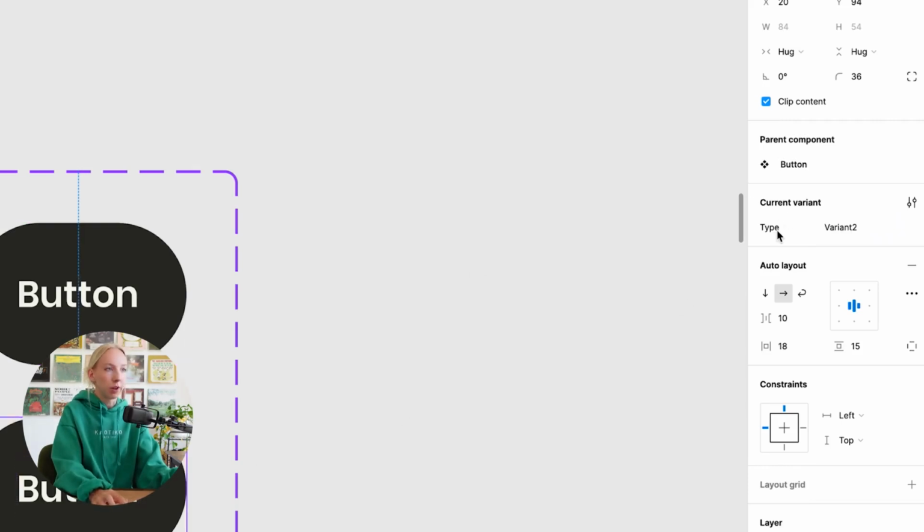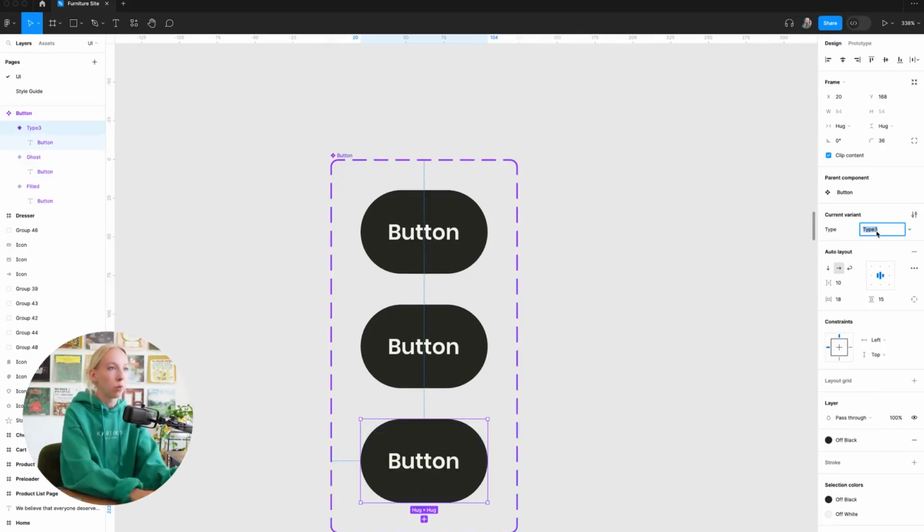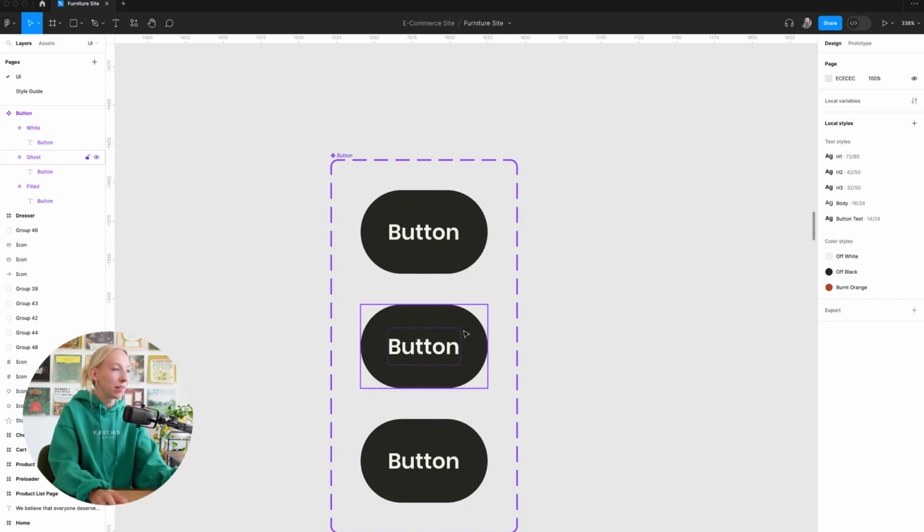Now let's create one that is more of a ghost button. So it'll have an outline, but it won't be filled. So we'll call that ghost. And then let's also make one that has the off-white background. So we'll call this white. And now all these components look the same, but let's make those changes so that we have some different variants